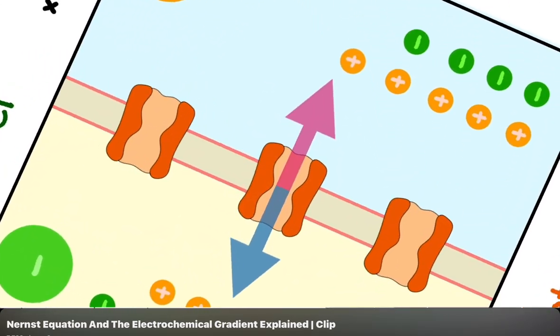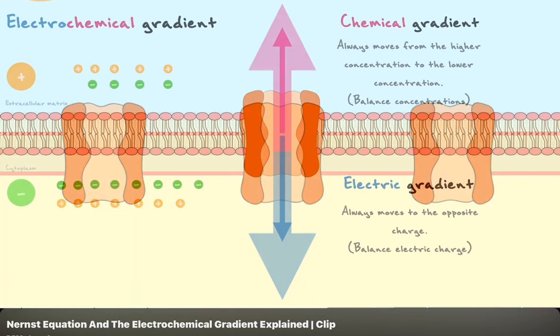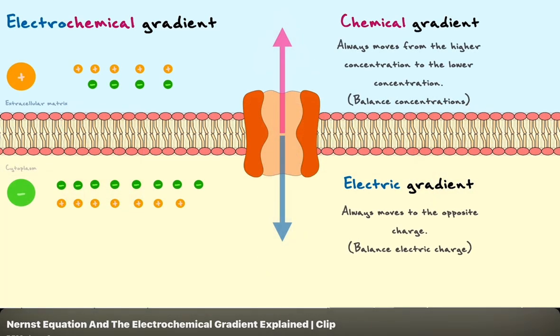As you can see in this example, regardless of how the potassium ions move, it won't be possible for them to be equally concentrated on either side and fully neutralize the charge. Nonetheless, their drive to equilibrate the chemical and electrical gradients is equally as strong, which essentially constitutes a form of equilibrium for potassium. As a result of the difference in charges between the inside and the outside of the cell,